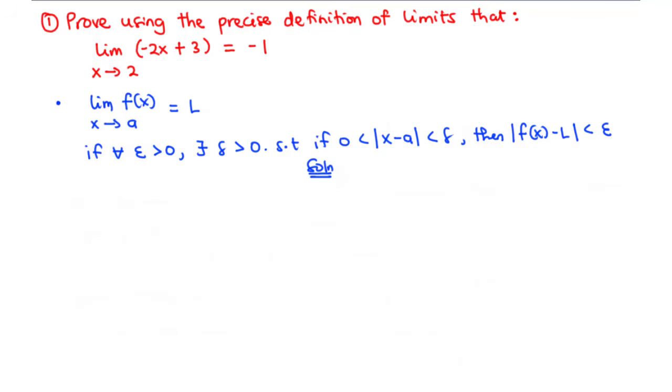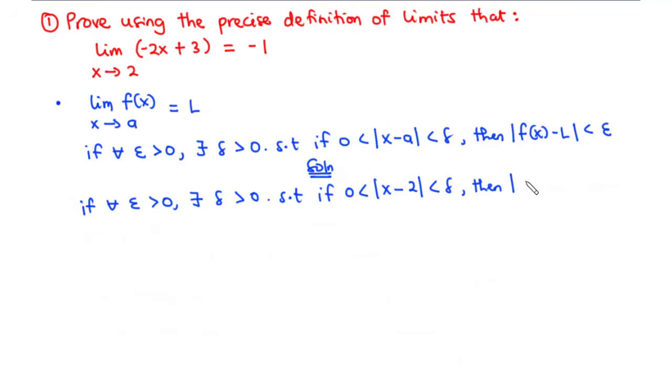So using the definition of limits, we say that the limit of this function as x approaches 2 is equal to -1 if for all epsilon greater than 0, there is a corresponding delta also greater than 0, such that if 0 is less than the absolute value of x minus, here we have a to be 2, is less than delta, then the absolute value of f of x, which is -2x plus 3, so -2x plus 3 minus L, which is -1,